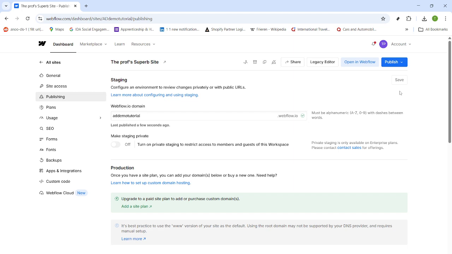Two final tips. First, once you change the subdomain, the old webflow.io link will no longer point to your site, so update bookmarks, shared links, and any embeds. Second, keep the name consistent with your brand, so it's easy to remember and share while you're still on a free plan. And that's it. Your free Webflow domain